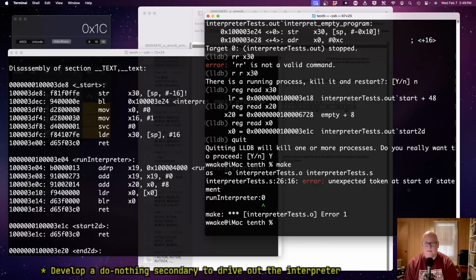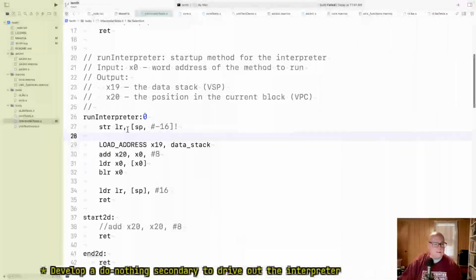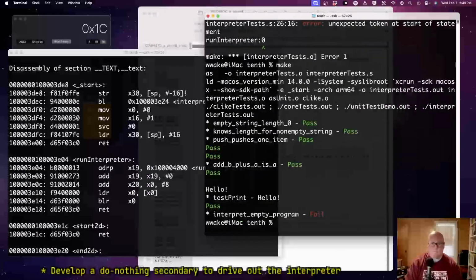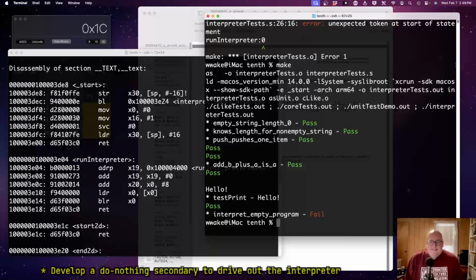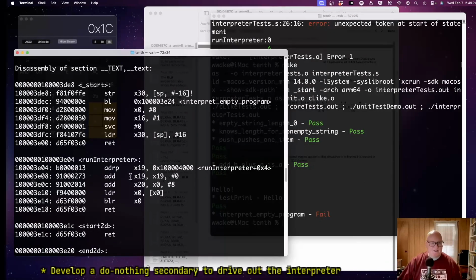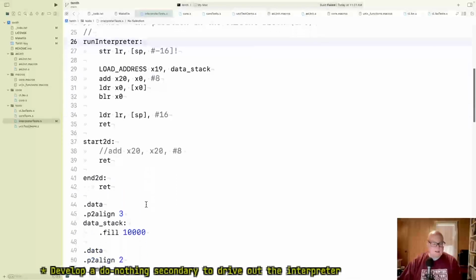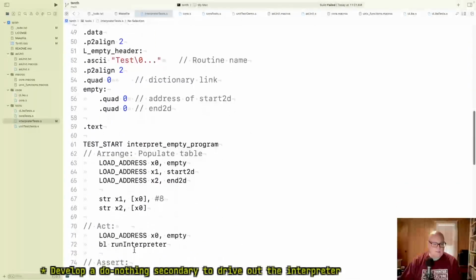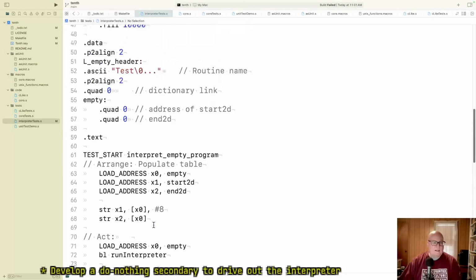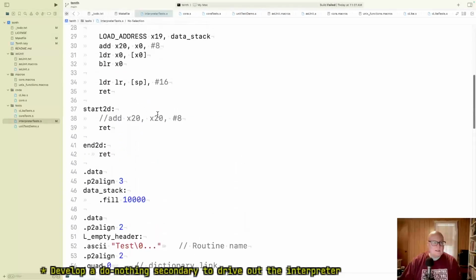expected token at start of statement 2616. Oh, I just bumped something, I guess. All right, I think this is progress. It's certainly better to fail than to freeze up. Good. Okay, so our test asserted that the program counter had moved forward 16, and I had commented out this